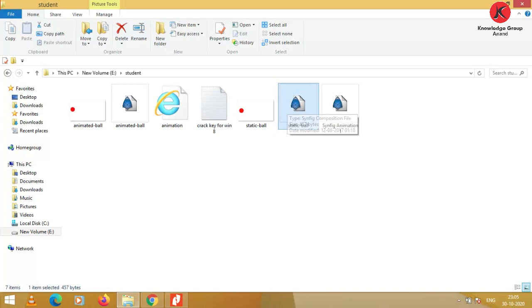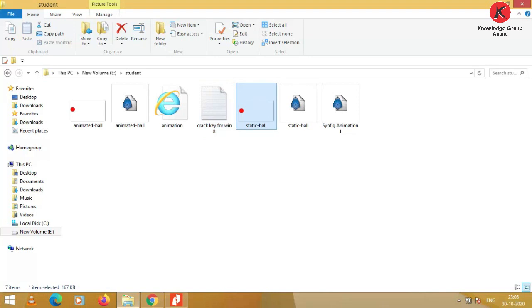It is a Synfig Studio file. In this file, I drew a simple circle, and it is a SIFZ extension file, and after rendering we can get a PNG or GIF file. So here we have both files, the SIFZ file, and after rendering we can see here a GIF file.